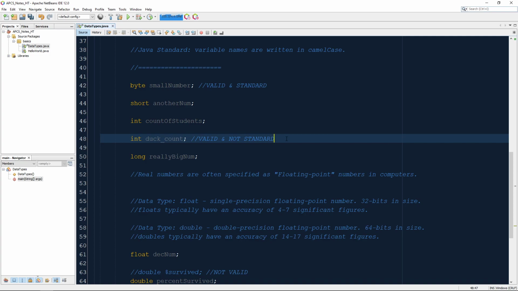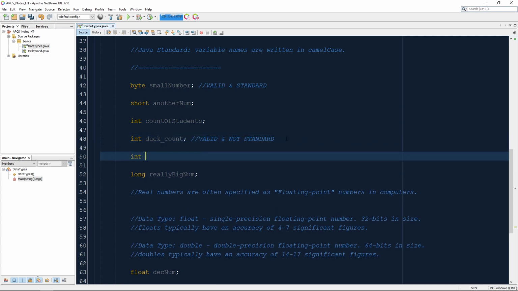Let's do something like int. Imagine if I have a system that's used at a school, and I need to keep track of the number of senior students that are over the age of 18 because they're allowed to leave school early without parental permission or something like that. And so you might want to have something like 18 or over count. That's not an unreasonable variable name. So I could write something like 18 or over count. It's not going to work because